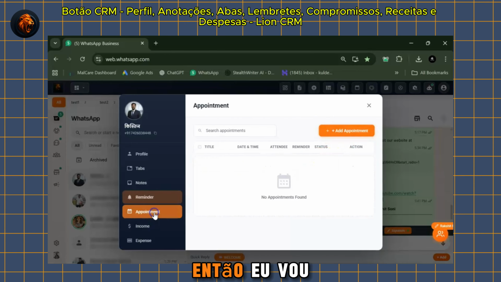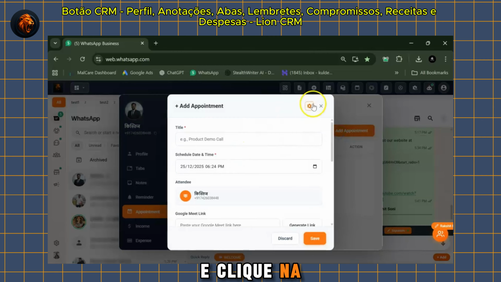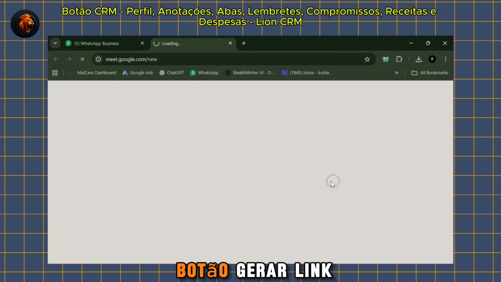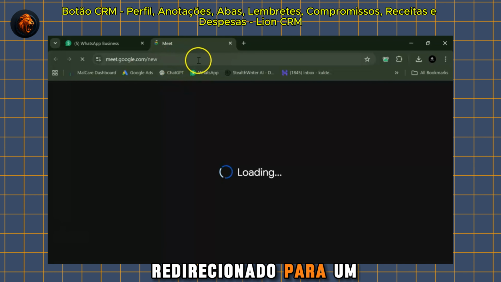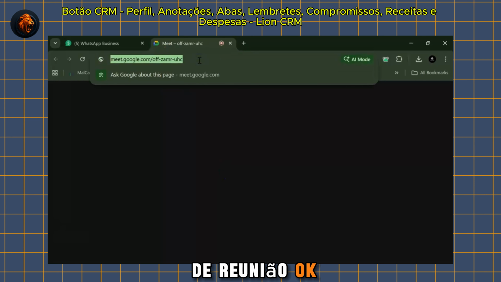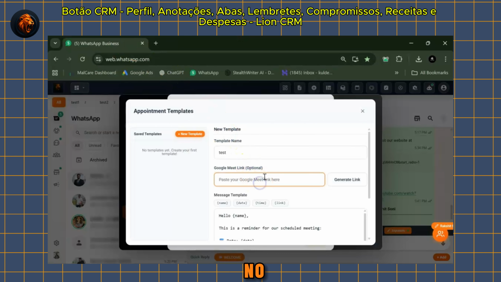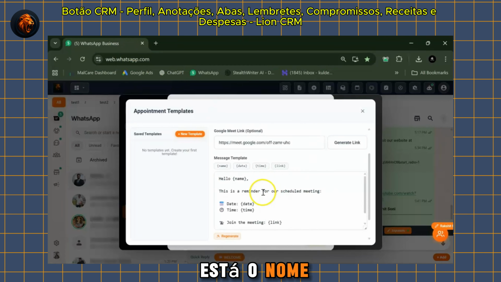Okay, so I go to appointment, click on the setting option again, and create a template like test. Here is the Google Meet link, so you can click on the generate link button. This will redirect to a new meeting link. You can copy this and paste it here in the form, and here is the template name. So you can